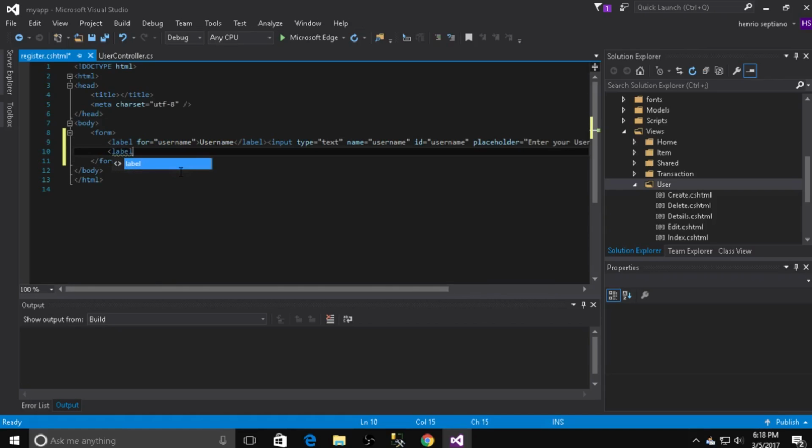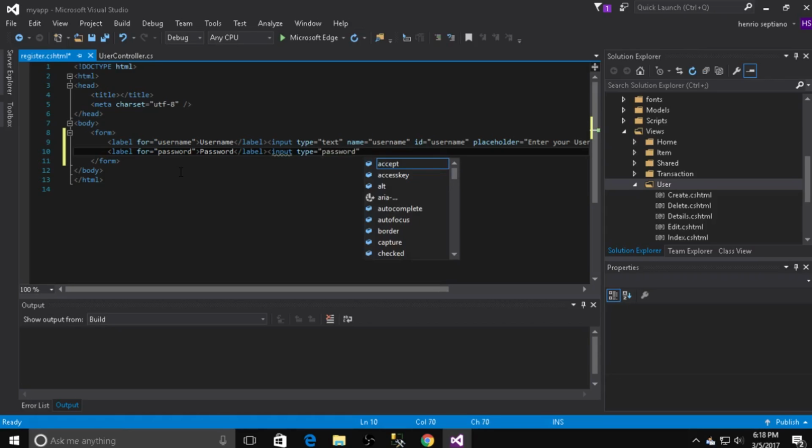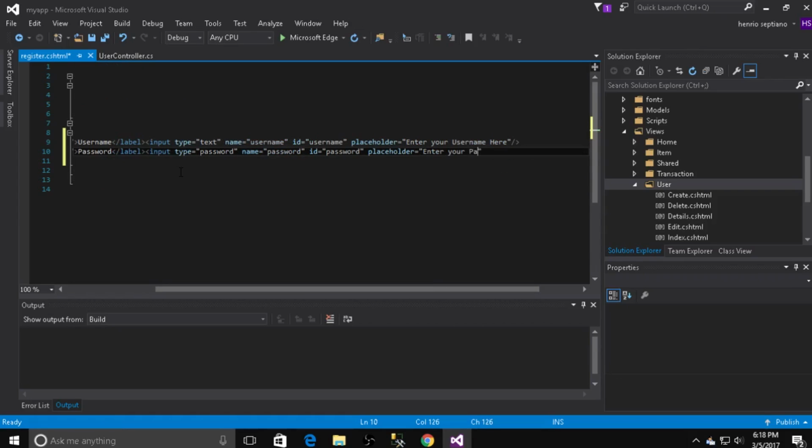Second one, label for password. Input type text, sorry, not text, it's a password. Just some mistakes happen when I'm talking in the tutorial, sorry guys. It's a name password, ID password, placeholder, enter your password here,